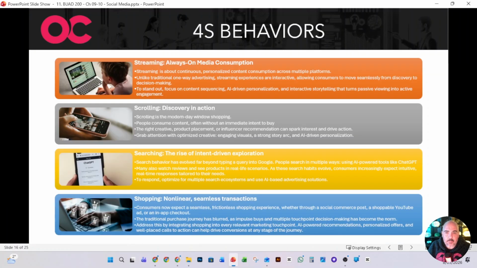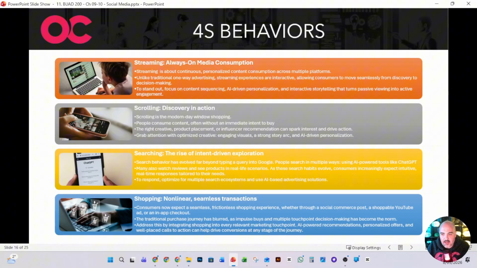Okay, so I want to talk about the 4S behaviors. These are the main behaviors that people are taking on social media. So we've got streaming, scrolling, searching, and shopping. We already talked about shopping, guys, but the big difference with social media shopping is that it's non-linear.